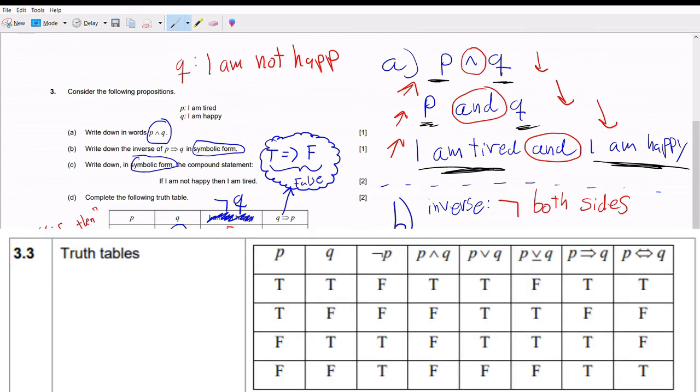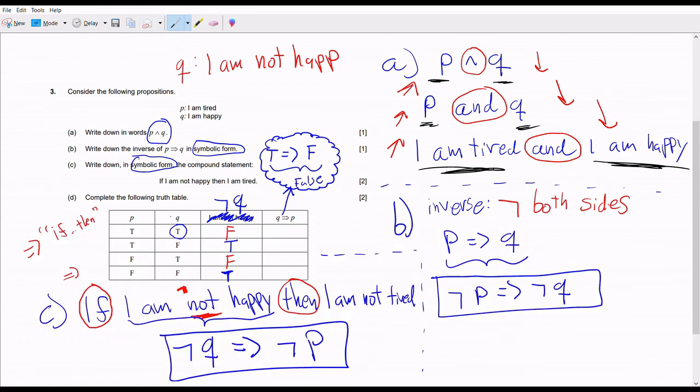And in any case, it's in the formula booklet, in case you forget it. So, knowing that this is only false when it's T implies F, and the columns we're looking at are this one, and then this one, we say, okay,